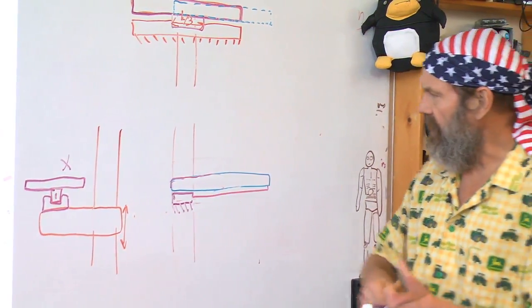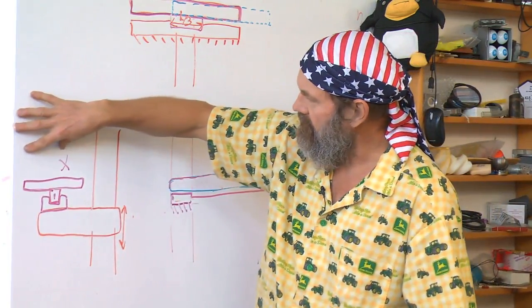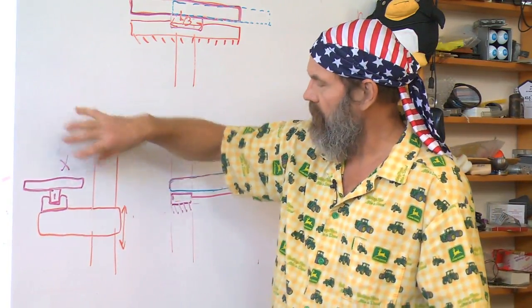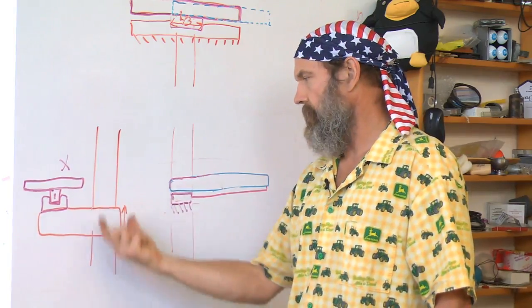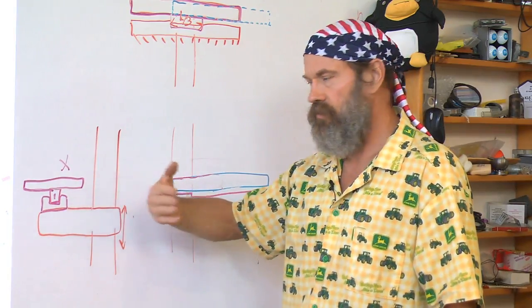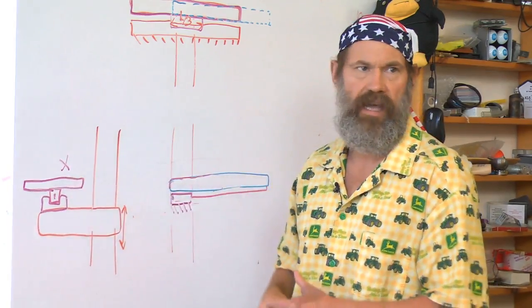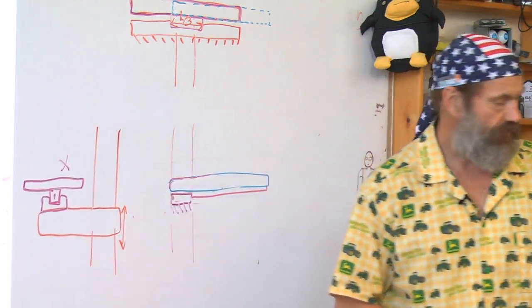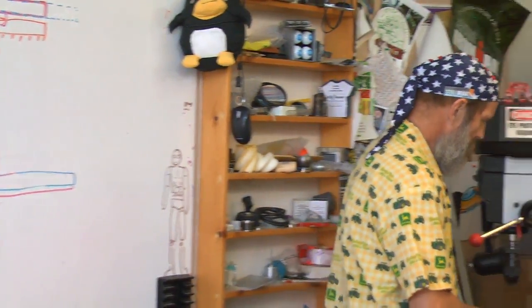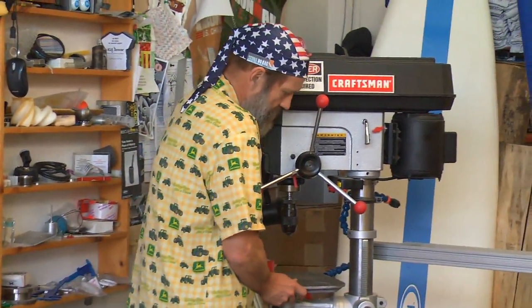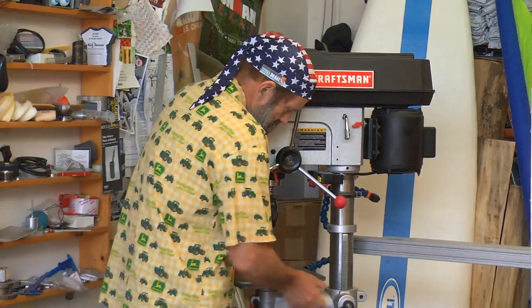Now you're thinking, wait a second, but I need to move in and out in the y direction also. And if this column moves up and down, don't I get this rotational motion for free? So why am I having this rotational motion on the column and these xy axes? It's a good question. But remember, if I'm trying to have a heavy part on here and I want to move it,